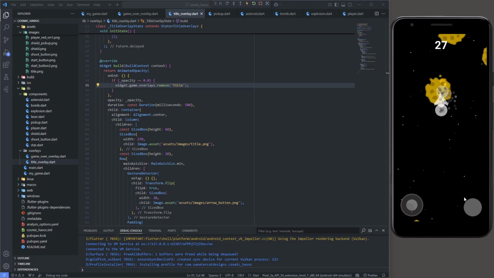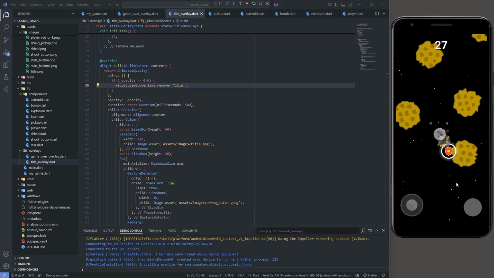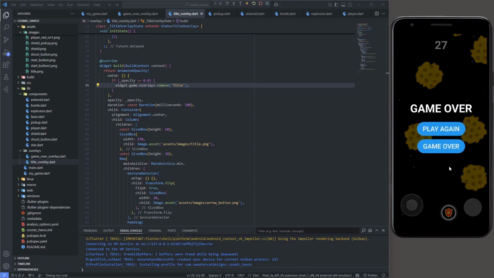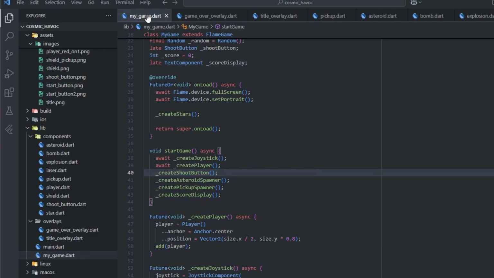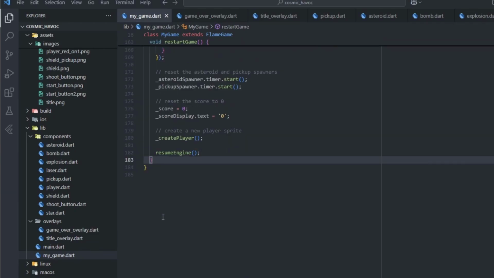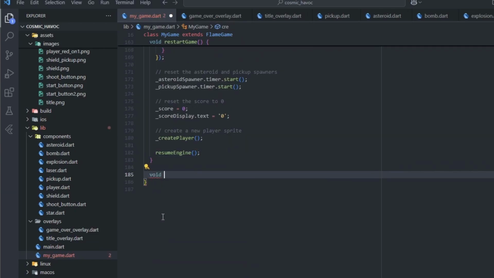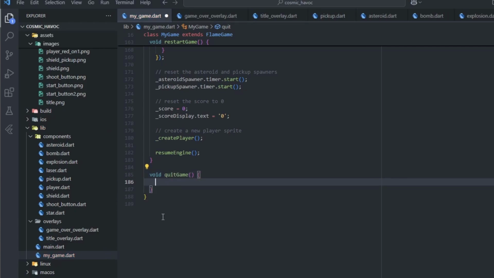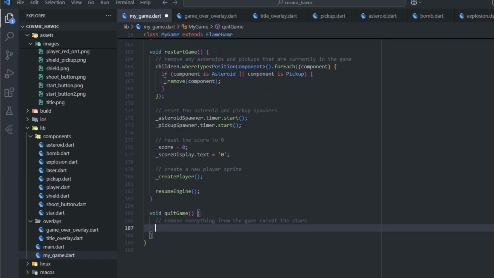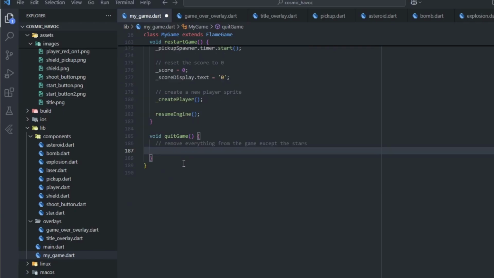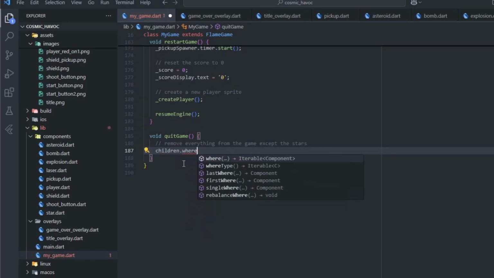Next, when we die and bring up the game over overlay, we want the quit game button to clear the screen of everything but the stars and bring up the title overlay. To do this, let's first go to the myGame class and create a new public method down here by typing void quitGame. And here we want to remove everything from the game except the stars. To do so, we can loop through all the game's PositionComponent children like we're doing in the restartGame method by typing children.whereType